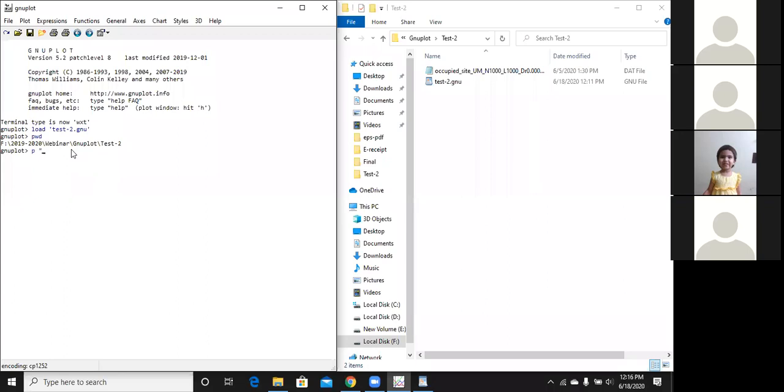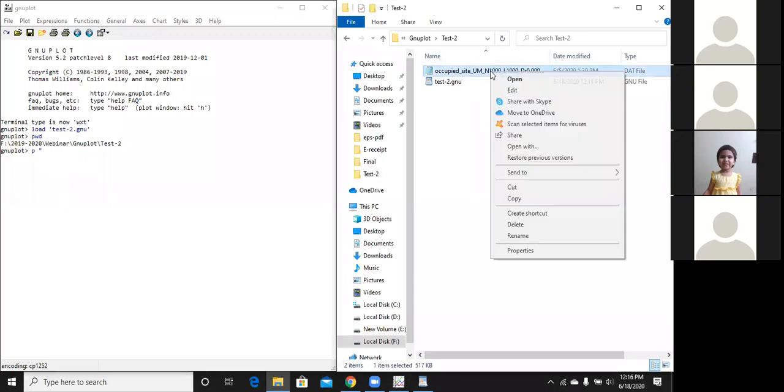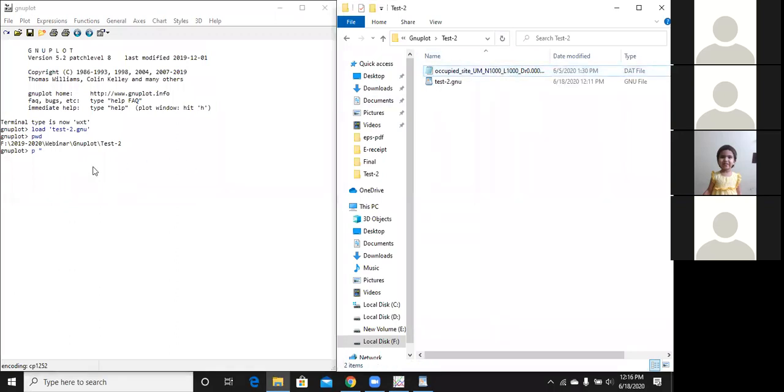Then write the data file name, occupied. You just type OCC and tab, and it will come automatically. Then close the quotation, then a space, then with lines or points, anything you want. The commands are the same, with lines.